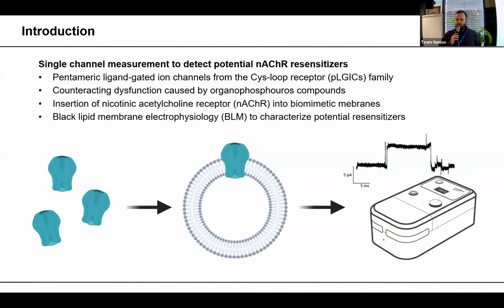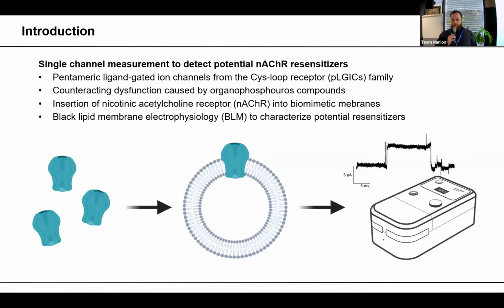Our aim is to counteract dysfunction caused by organophosphorus compounds. As you may know, organophosphorus compounds inhibit acetylcholinesterase, leading to a cholinergic crisis and a rise of the endogenous ligand acetylcholine in the synaptic cleft. This addresses the orthosteric binding sites at the nicotinic acetylcholine receptor, leading from an open state to a closed state, and after that, if several other binding sites are also addressed, to a desensitized state where no more opening of the receptor is possible and no signal can be transmitted into the cells at the neuromuscular end plate.